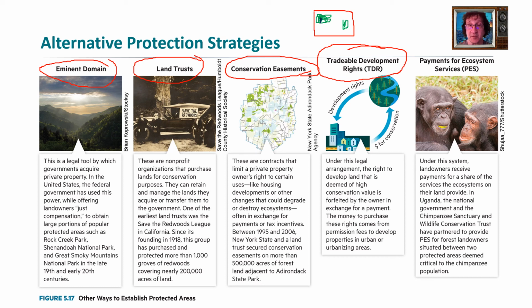Because a lot of times when the construction goes down, the animals will find a new place to go. And that's what we try to do with this tradable development rights. And then what we can do is payments for ecosystem services. This means that if you're a country and you own a jungle, you can actually be paid to maintain that jungle for the resources that that jungle provides in a sustainable way.